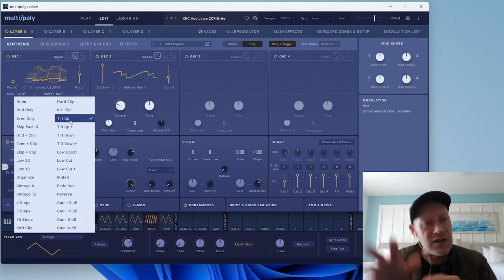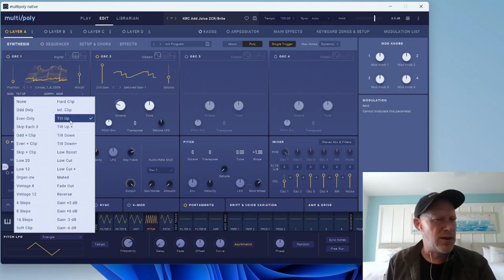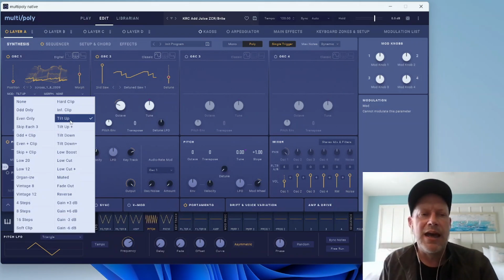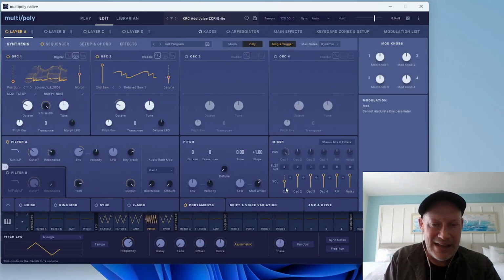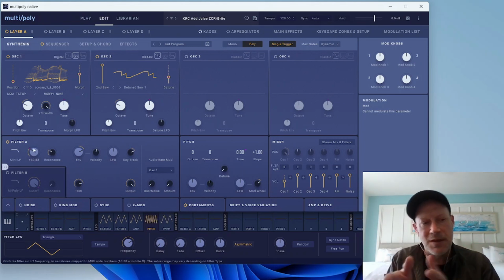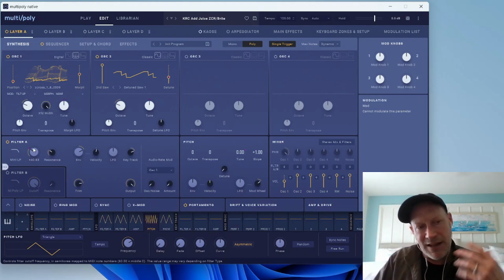You can tilt the harmonic spectrum up or down around, I think it's either the 12th or the 20th harmonic. Anyway, by tilting a wavetable up and then just mixing it in slightly, you see here's its volume into the mixer, we can give the impression that this filter is maybe a little bit brighter than it would otherwise sound. And so we can get a little bit of that squirty